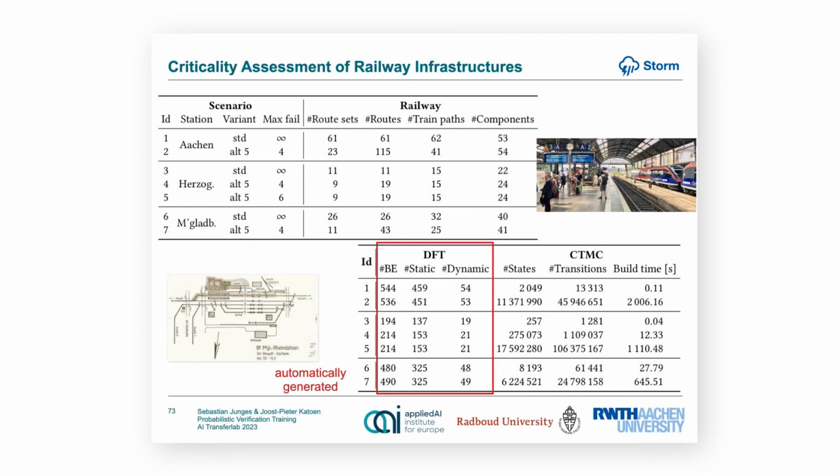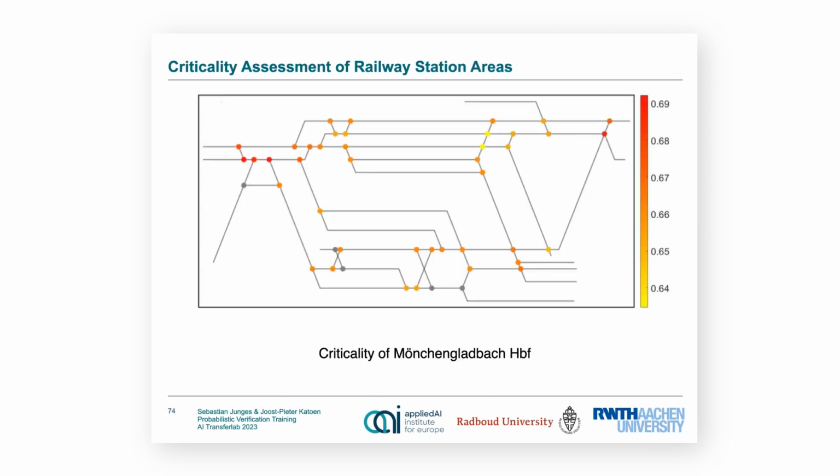These fault trees were automatically generated in the sense that we looked at the topology and the train routes, and we have those DFTs, those fault trees, for the different field elements in the station. And also these Markov chains were automatically generated. So what we built is really a tool that takes as input a diagram,